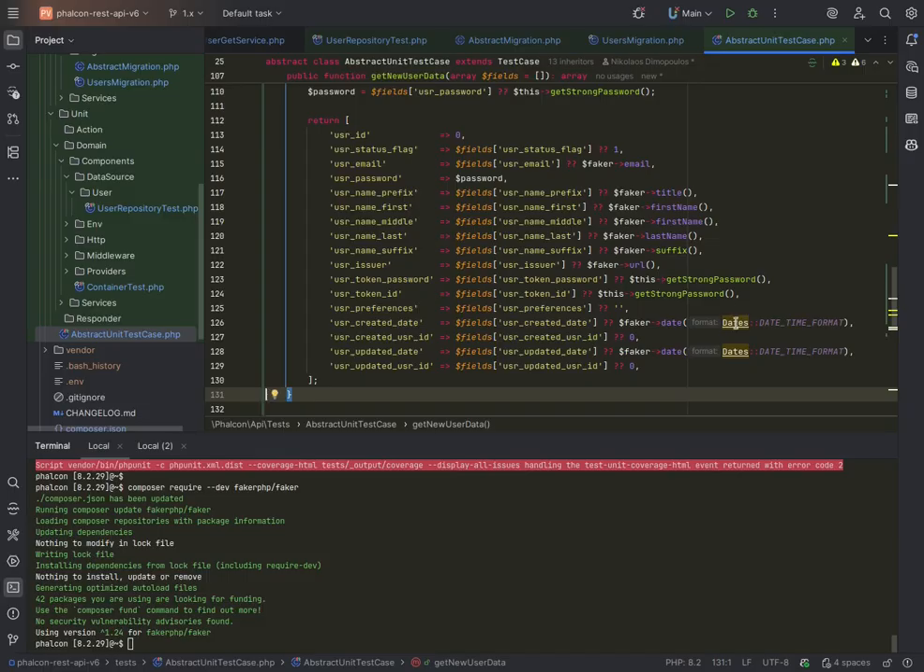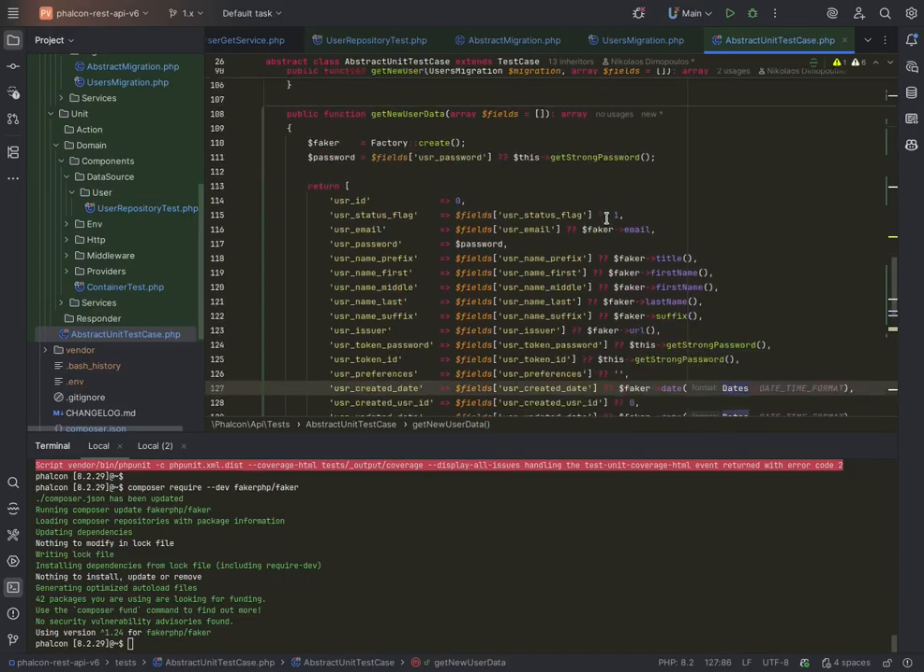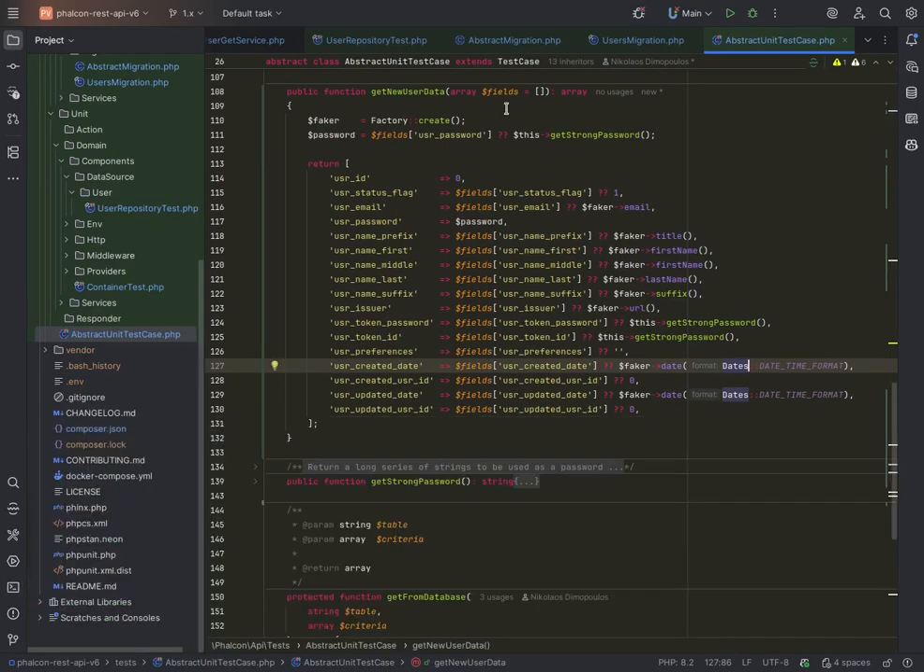So we just need to import the dates. So what we're doing here is whatever I pass in through here will be used. If I don't pass anything, some defaults will be used. So if we assume that we don't pass anything, the status flag will be 1. User email will be an email that Faker sends us. The password will be either our get strong password or something else. Same thing with the token password, token ID, and so on and so forth, and of course other Faker data. So that's our